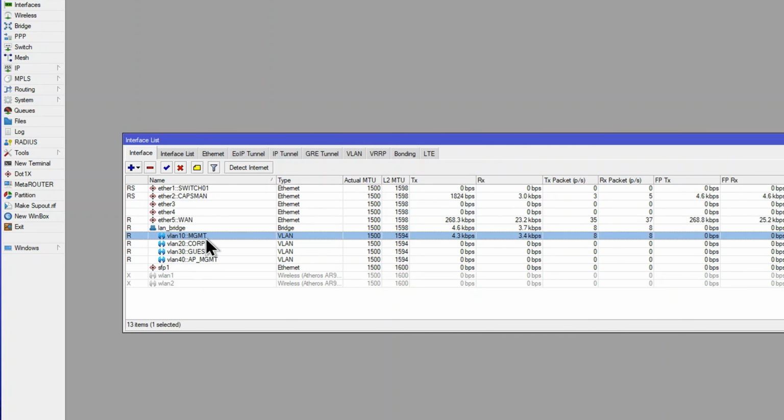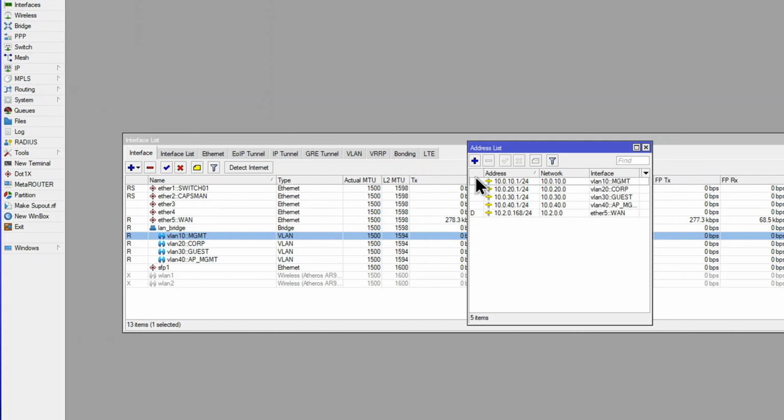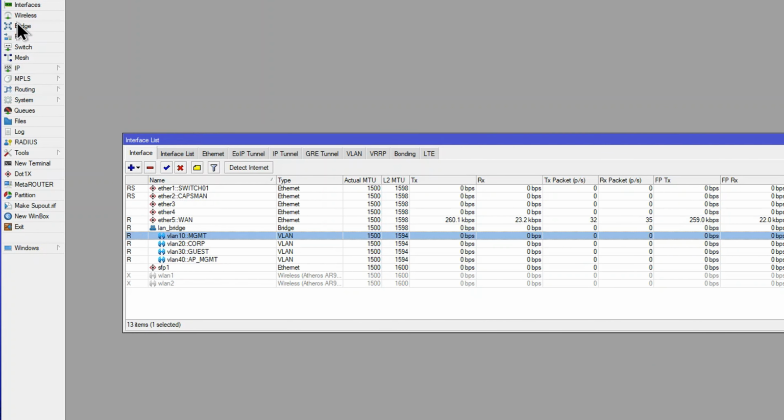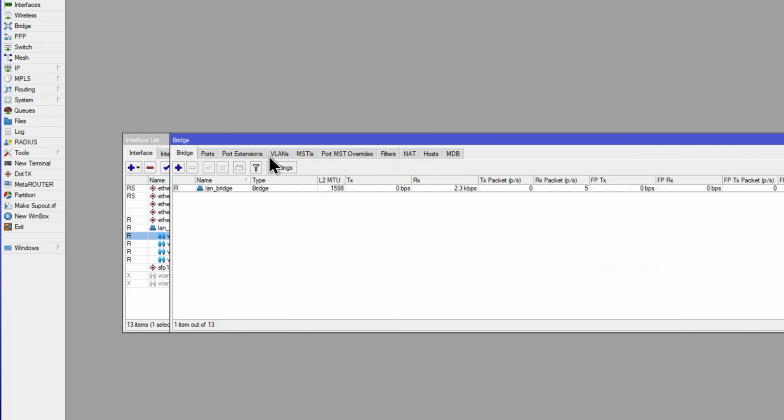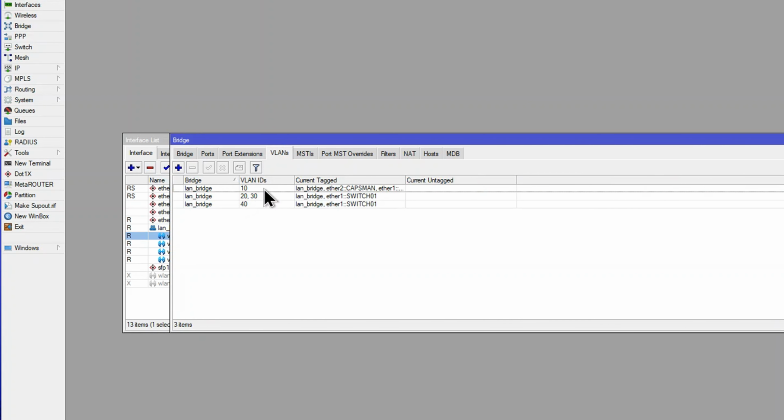It's got management, and it's got the two Wi-Fi ones, so Corp and Guest, and then my access point management. If we go to IP addresses, there you can see they're all configured there. I've dynamically got an IP address on port 5, which is my WAN, which is my development network, but that's basically my internet connection. So if I look at bridge, and you'll see under VLANs, I've got VLAN 10 is